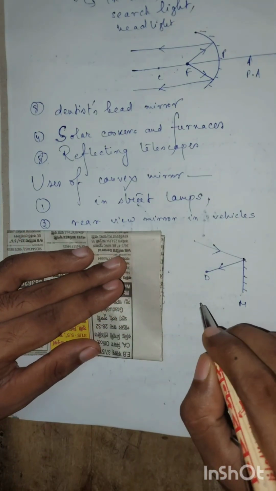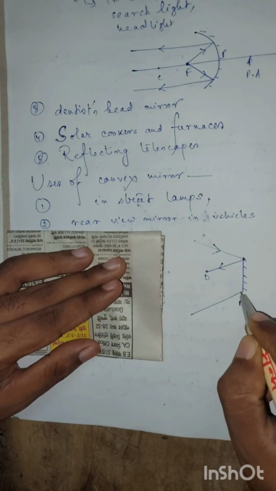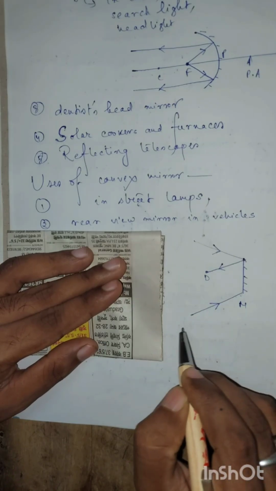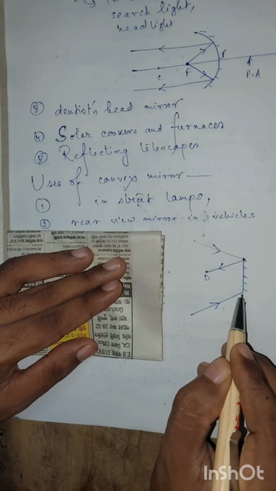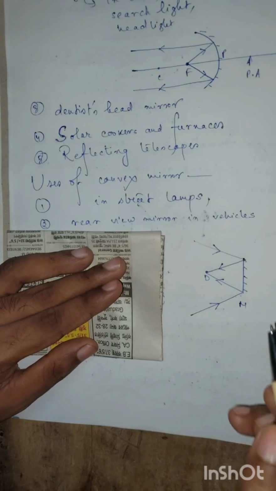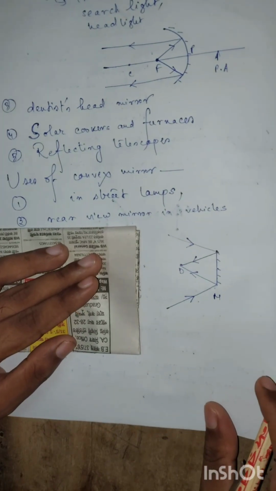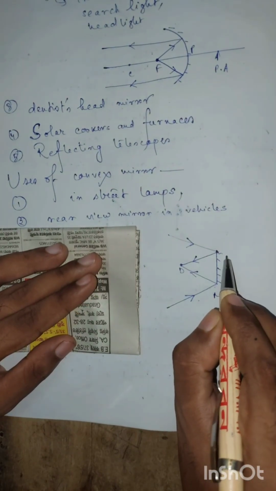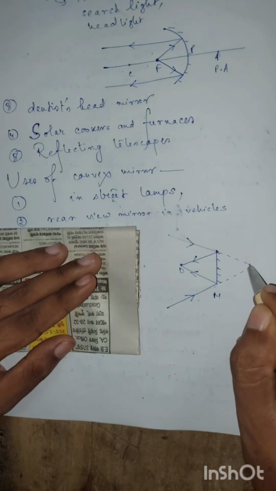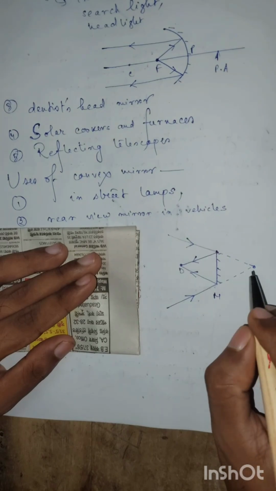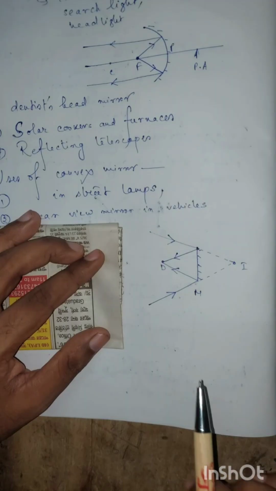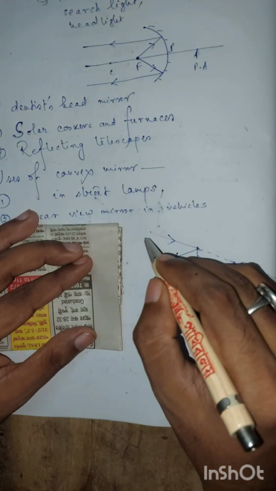Similarly, another light ray is coming and striking the mirror, and after getting reflected it is seen by the driver. So the image is formed behind the mirror. This is the image I. So when we use a plane mirror, this is our field of view,